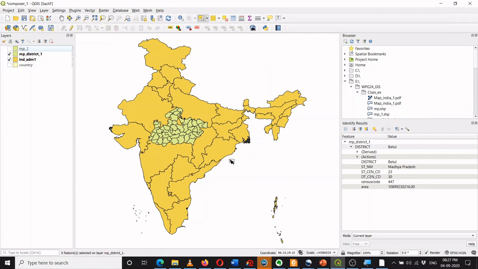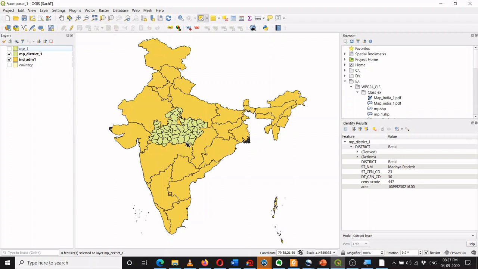So if I want to do this, then I need to draw a couple of maps. First I need to show where India is, then I need to show where in India Madhya Pradesh is located and where in Madhya Pradesh the Betul district is located. You must have seen such maps frequently in research papers, academia, or on other websites also. First, see how to do that.